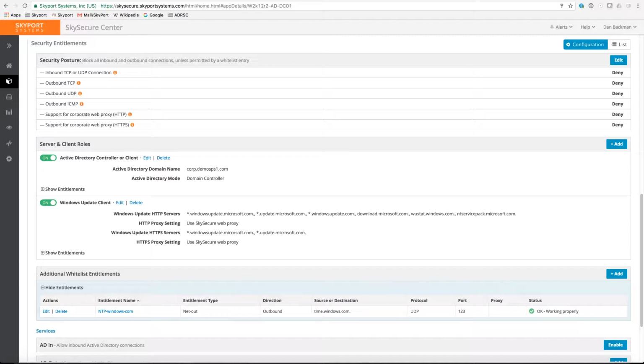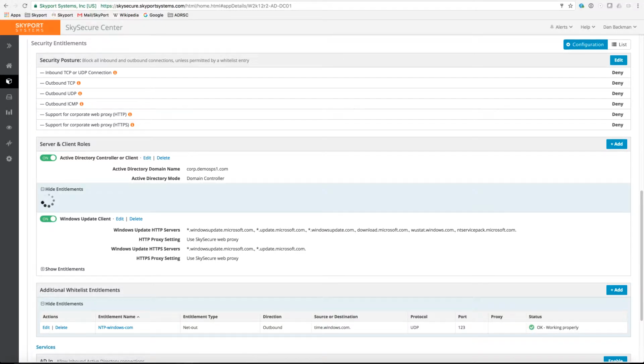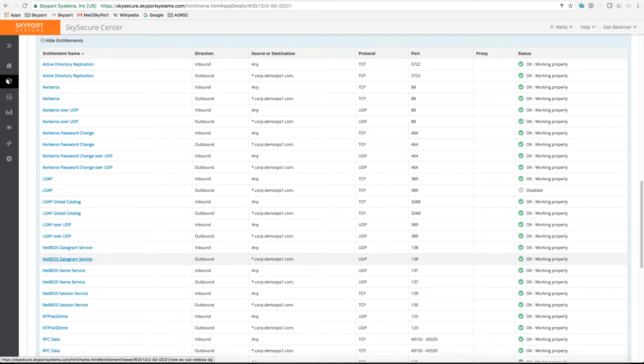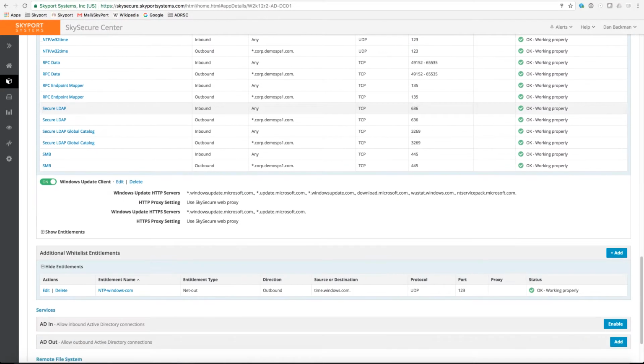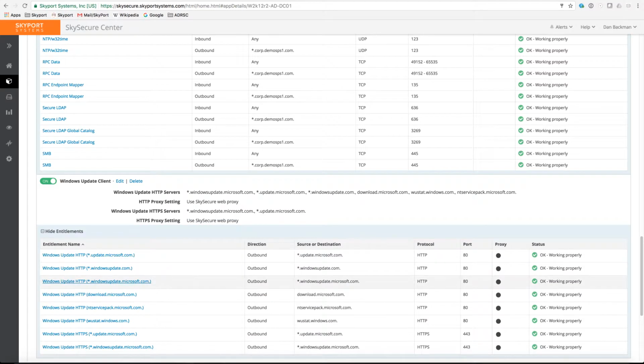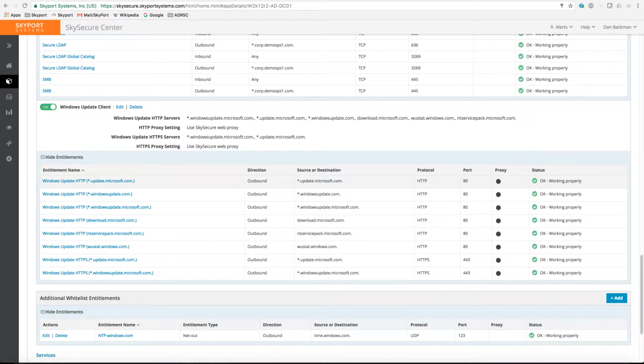This Active Directory domain controller actually has a very simple policy. As you can see, it's starting off in this full whitelist posture, and we've created a simple rule that's going to allow Active Directory domain controller traffic and also Windows Update. And in fact, we've actually set up all of the best practice policy for all of the underlying protocols in Active Directory, and have also built the right rules to actually instantiate a proxy around the VM.